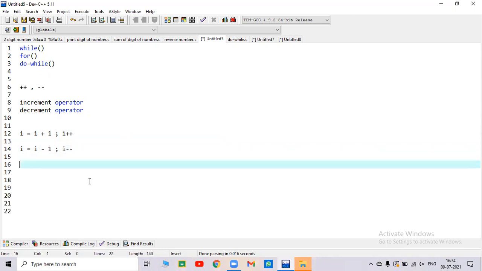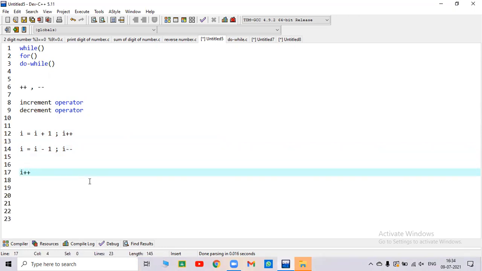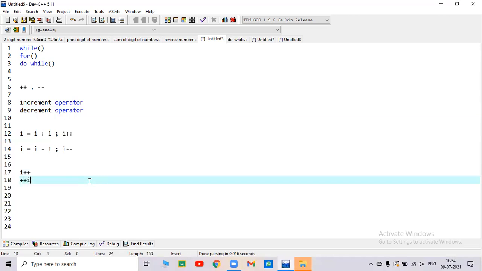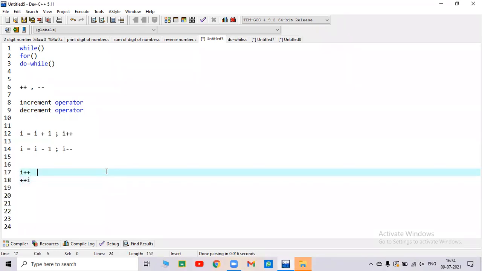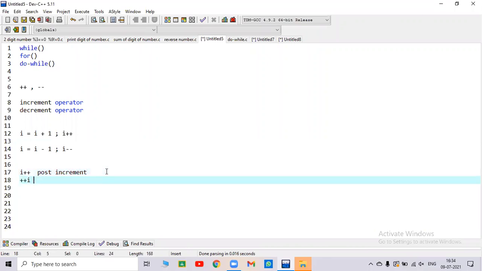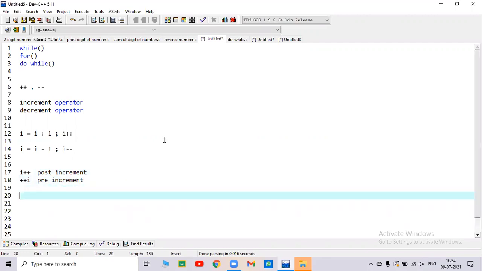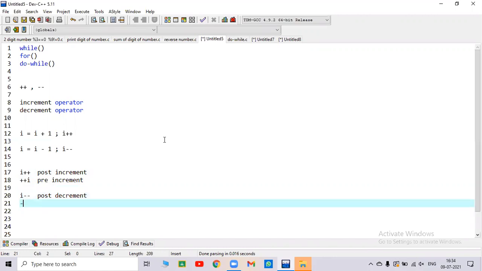Now there are two syntaxes, that is i plus plus and plus plus i. This is called the post increment operator and this is called the pre increment operator. Similarly there is i minus minus, which is called post decrement, and minus minus i is for pre decrement.